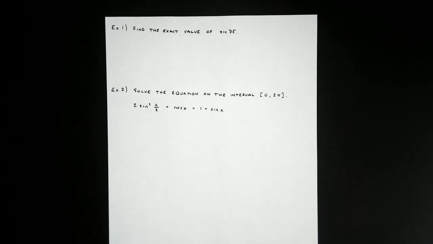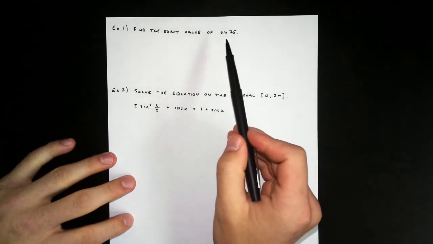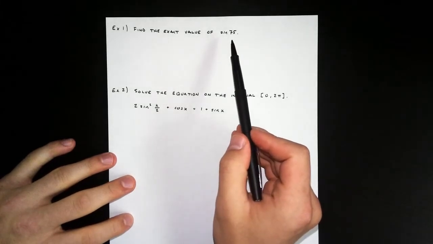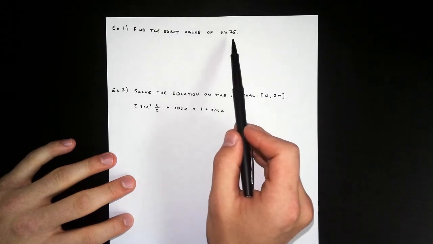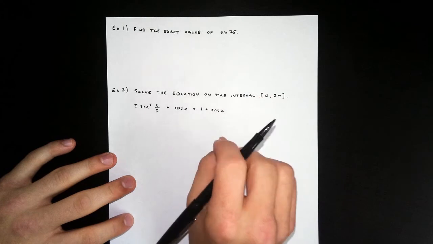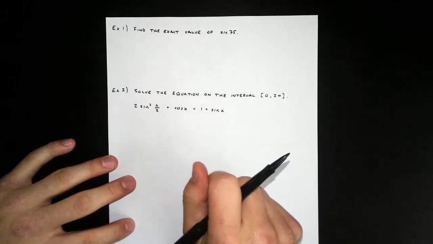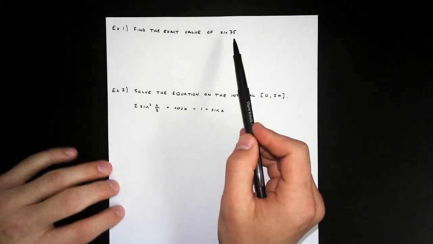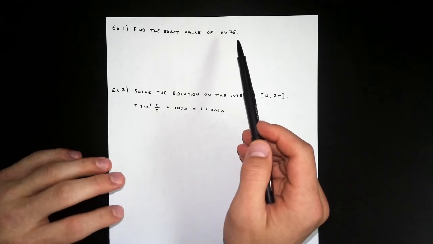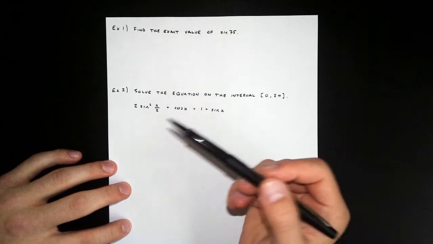So the first example says find the exact value of the sine of 75. So the sine of 75, this is not a common angle. This is not one that is normally on our unit circle. So much like we were doing with the sum and difference identities, I want to be able to rewrite this angle in terms of an angle that we already know, something that is on the unit circle,